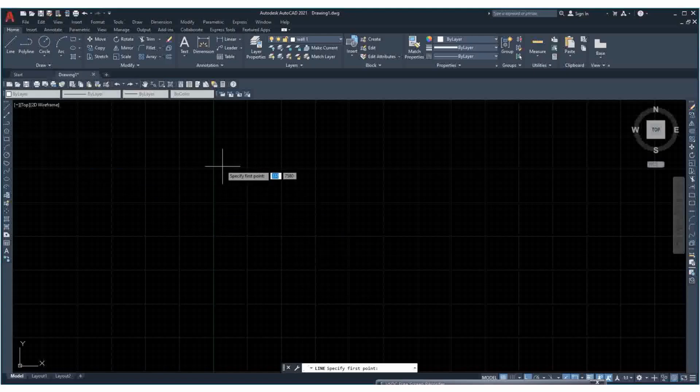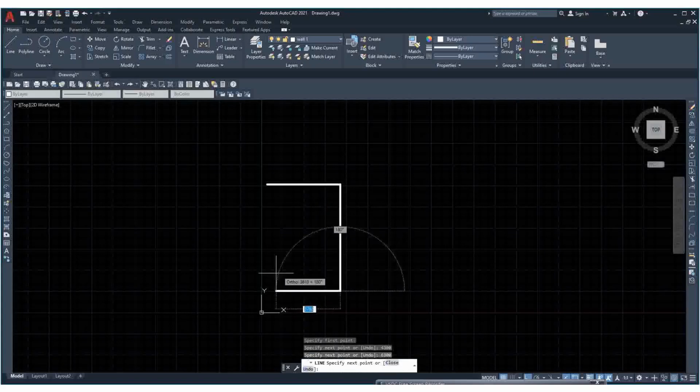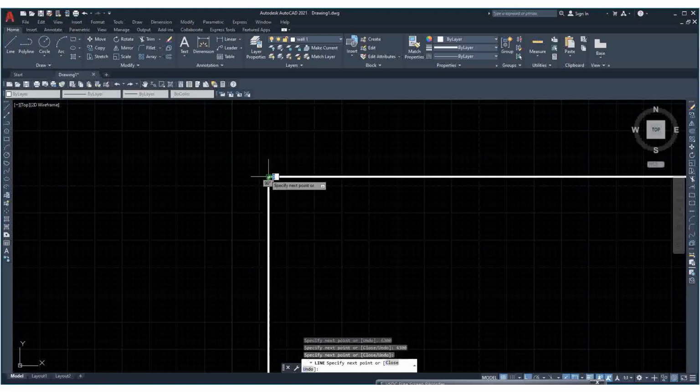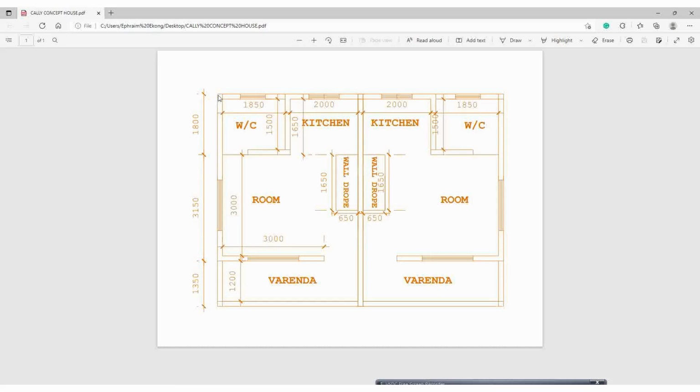You click anywhere within the window environment. Take it to your right, to your left. Type 4300, enter. 6300, enter. 4300, enter. So what we have done here is that we have successfully drawn our external boundary or external lines of this